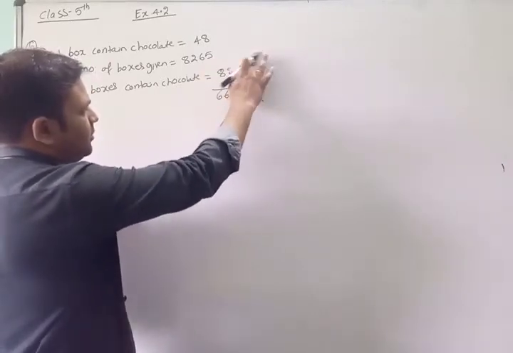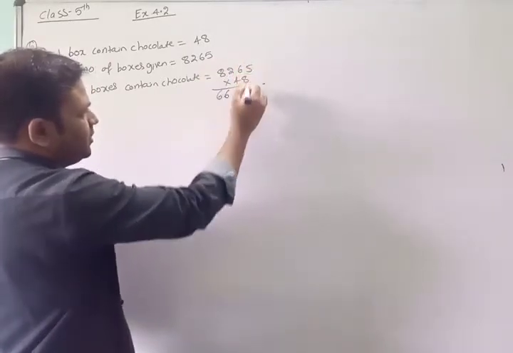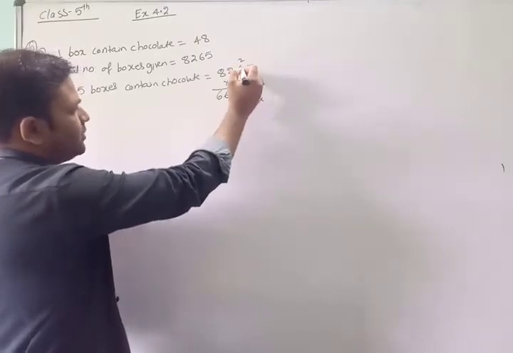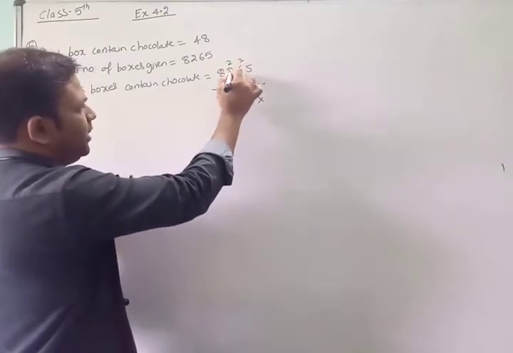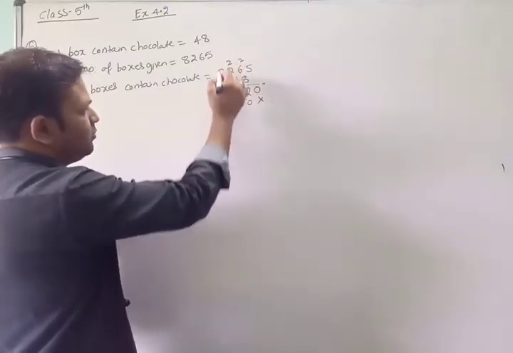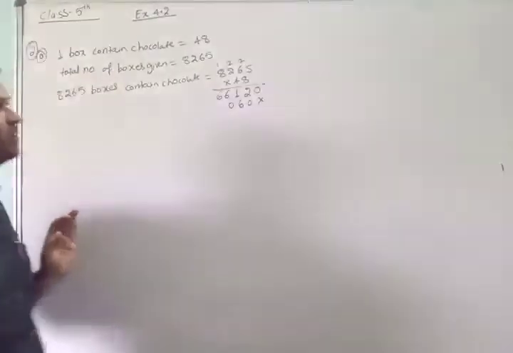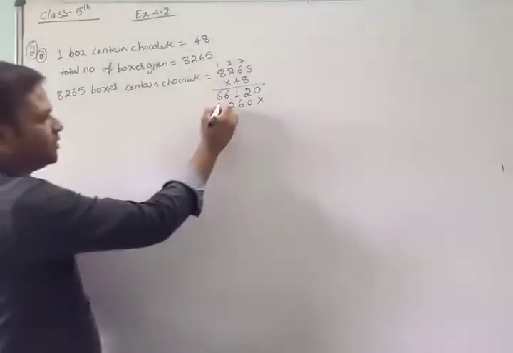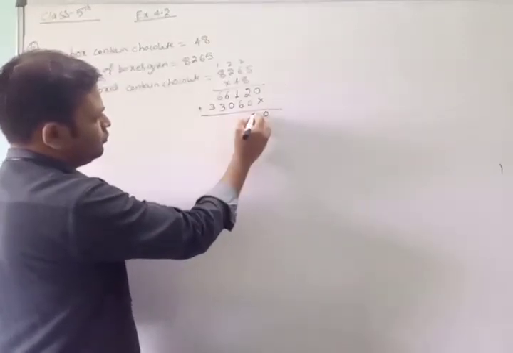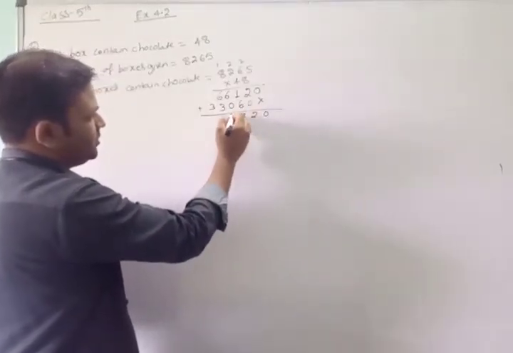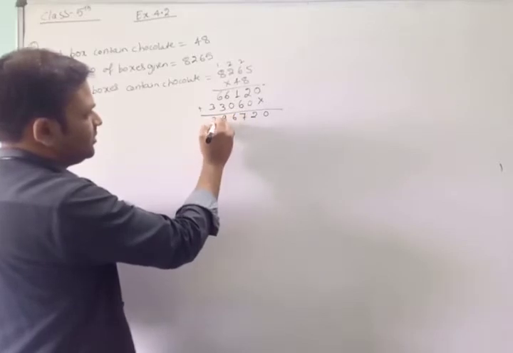4 5 is 20, 20 का 0 carry 2, 4 6 is 24, 24 plus 2 26, 26 का 6 carry 2, 4 2 is 8, 8 plus 2 10, 10 का 0 carry 1, 4 8 is 32, 32 plus 1 33,